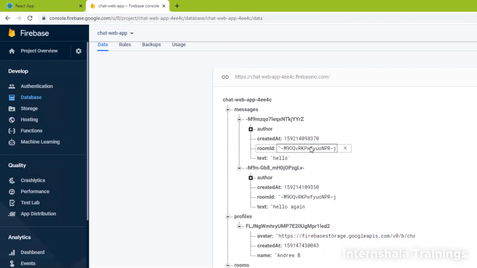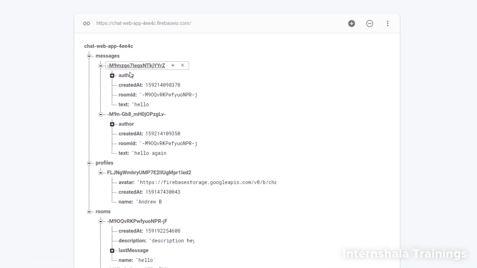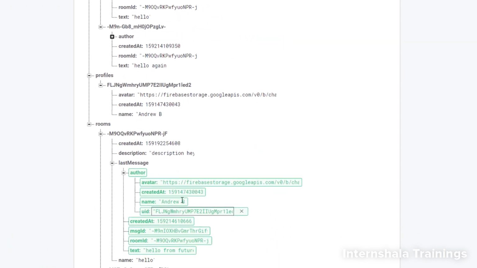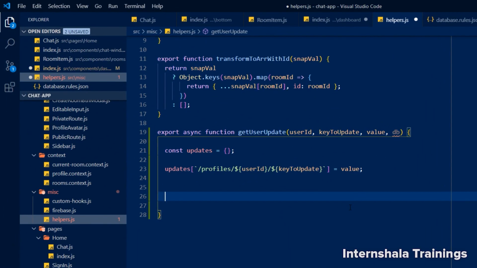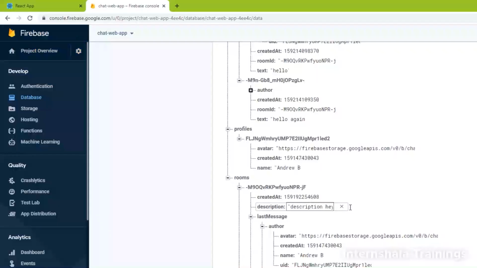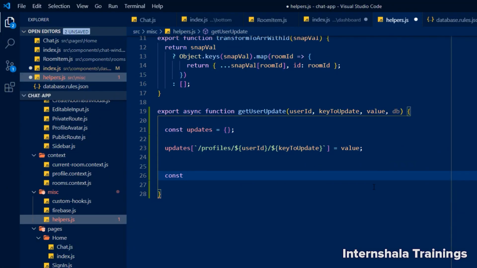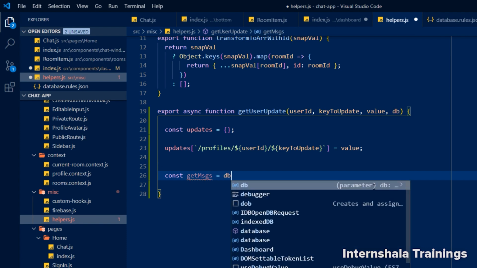Now we need to get the actual references. So our references are, let's take a look, messages, message ID, then author, then avatar, created at, and also rooms, last message. So what we will do, we will define a few promises because there are multiple promises. We don't want to make them one by one. We want to execute them at once. That's why we will define our promises, and then we will await all of them with promise.all. Our first promise is going to be get messages, and it is going to be